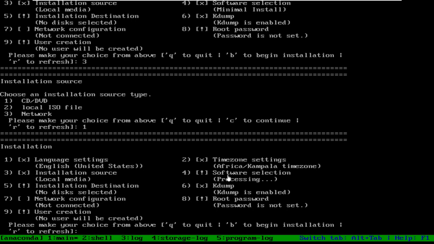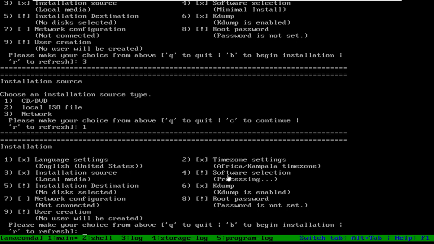Web server also, mail server also. All the software required to configure these servers already comes with the DVD, so we don't need to download it from anywhere. Whatever we need for the default server is already there in the DVD. We just have to select it.